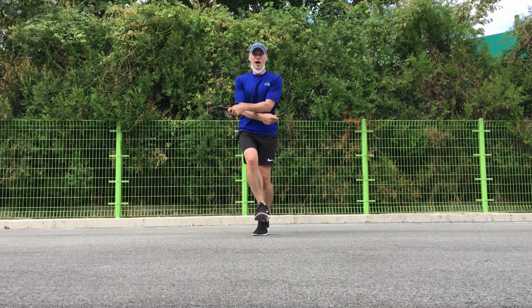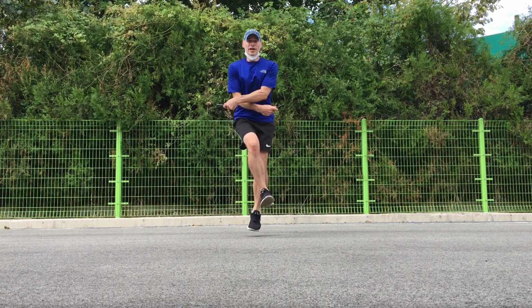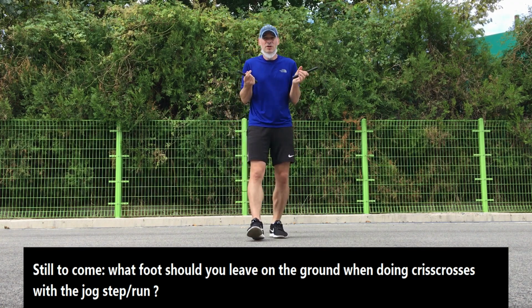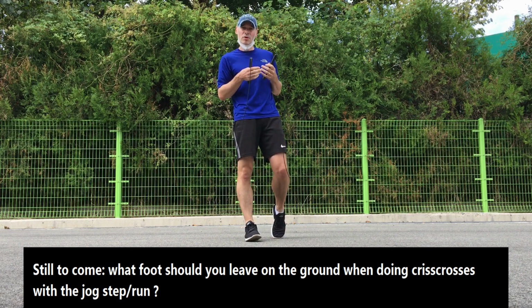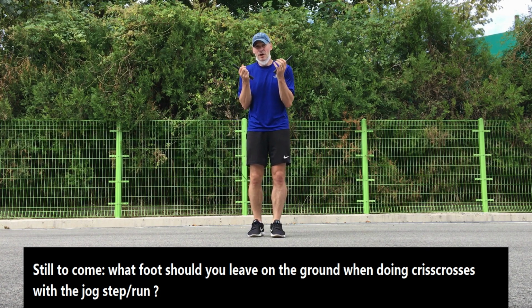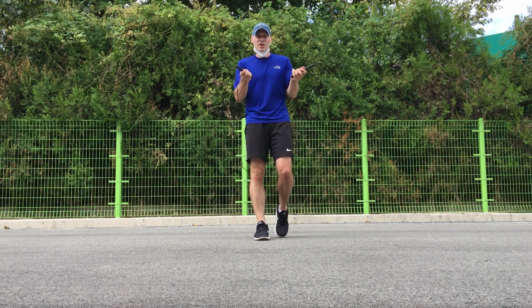Okay, so one-foot hops are generally quite difficult, but some people find it easier to learn how to do crisscrosses that way. When you're learning how to do crisscrosses, you don't have to be able to do a bunch of them in a row at first. One thing that I found helpful was just trying to get into the feel of what it's like to do a crisscross. One thing which you can do is